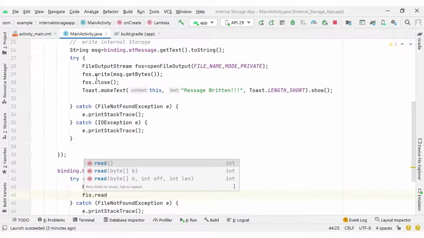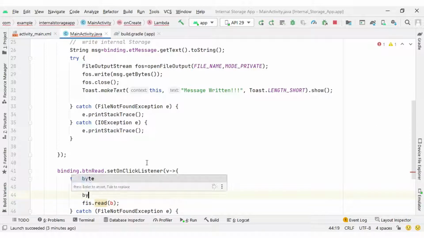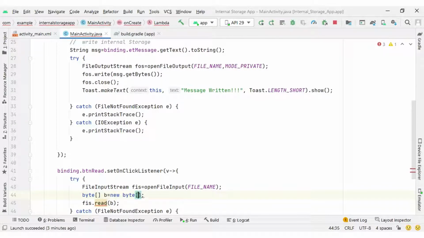Next, fis dot read method you will get. For writing we have write method, for reading purpose we have read method. You can choose any of these read methods. We are going to read byte array, so that byte array we need to create first. So byte array b equal to new byte array, and inside the byte array we need to provide the size.